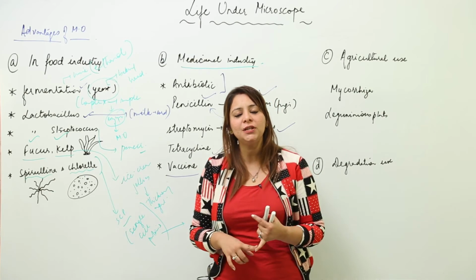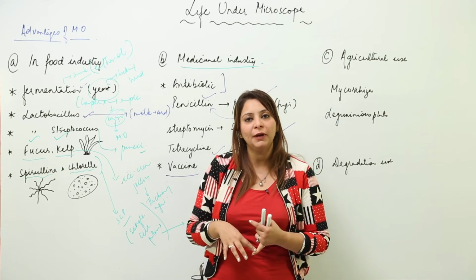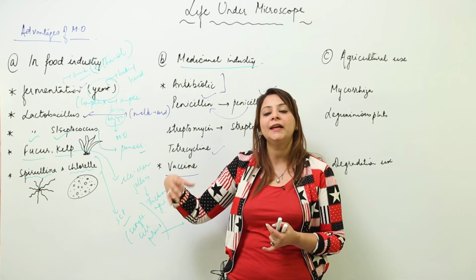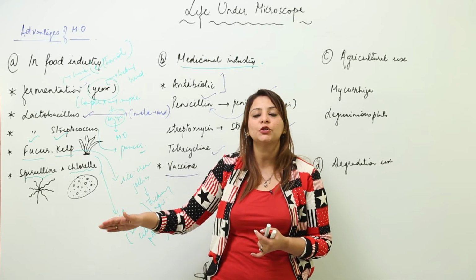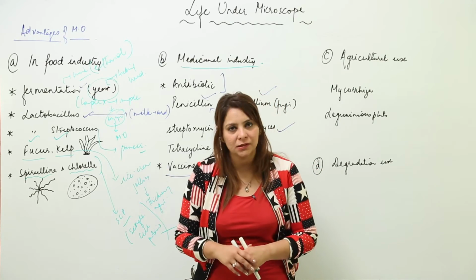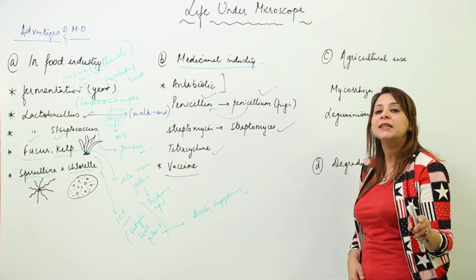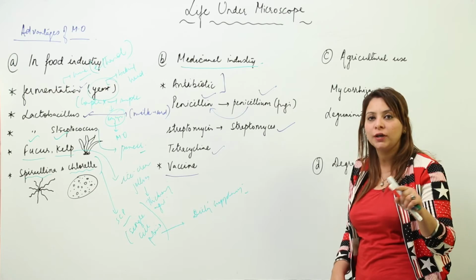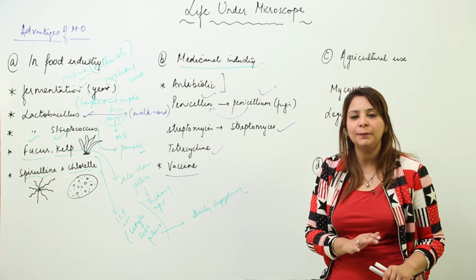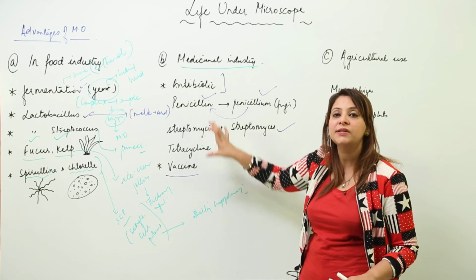So what is vaccination? It is inoculating a dead or weakened microorganism into the body of the child in order to stimulate antibody production, so that he can build a certain kind of immunity and resist many diseases. So there also we are using the microorganism, because in vaccination we are inoculating the dead or weakened microorganism. Here it is serving a great medicinal use. In both cases we are just trying to save lives.